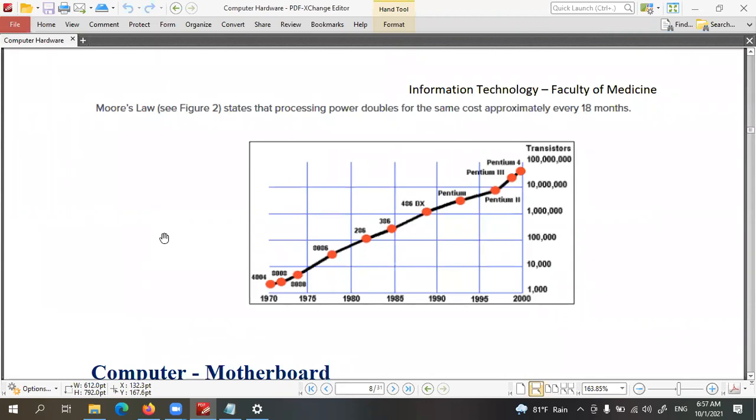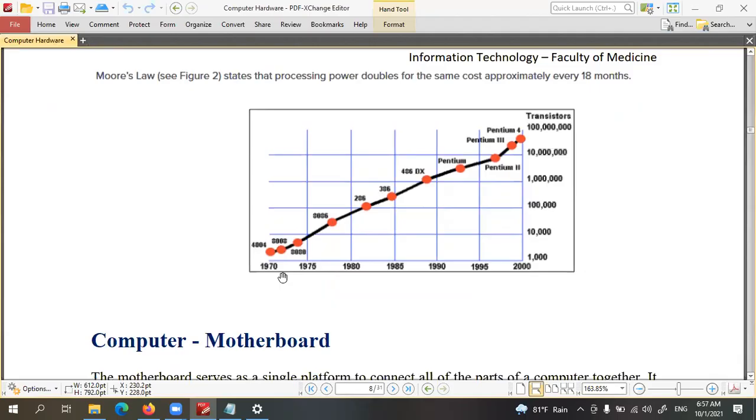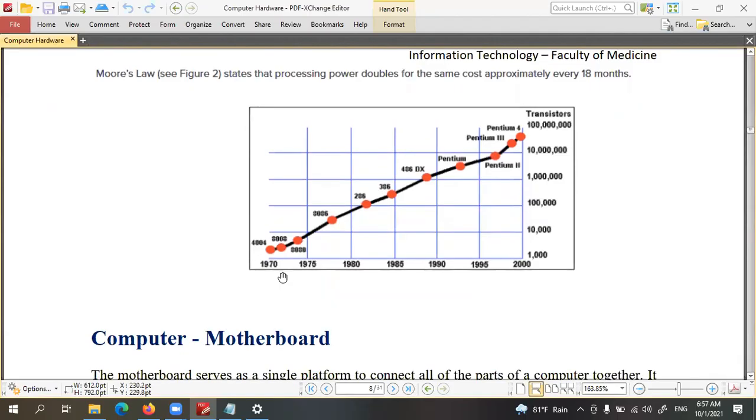Processing power එක double වෙනවලු හැම අවුරුද්දකමාරකට. So now we are working at 5 gigahertz speed. Now that will be doubled in another 1.5 years, right? So like that. But there will be an end to this in some case. But however, that is how it performs.